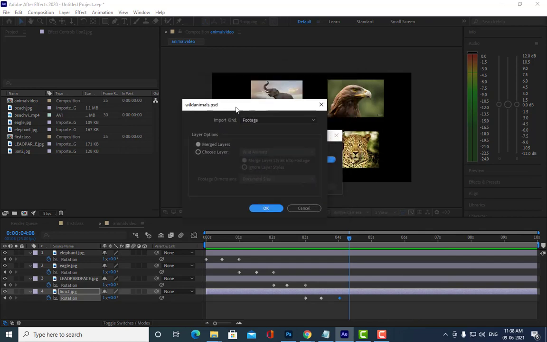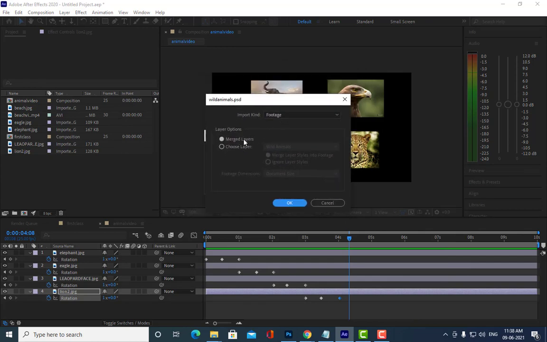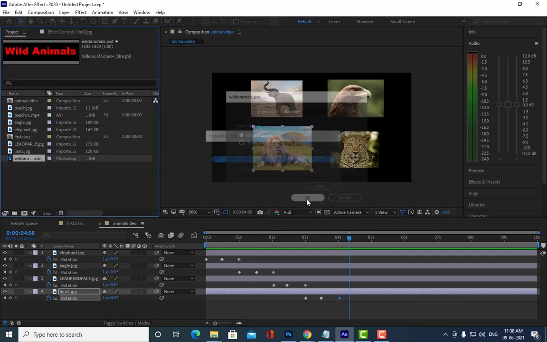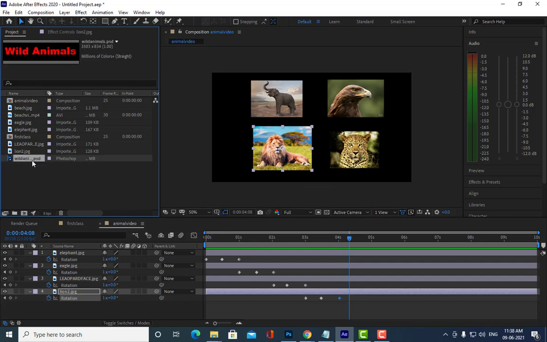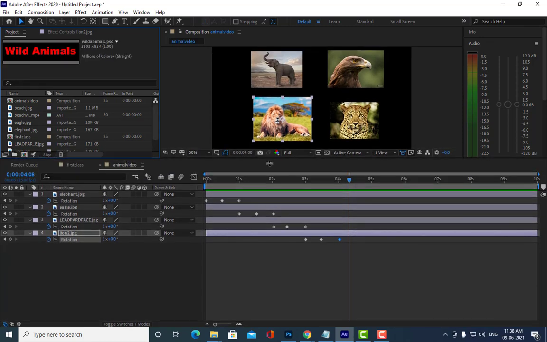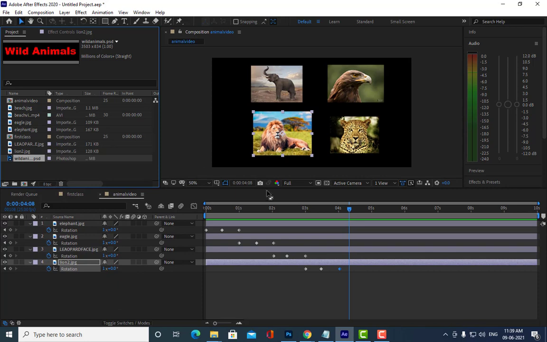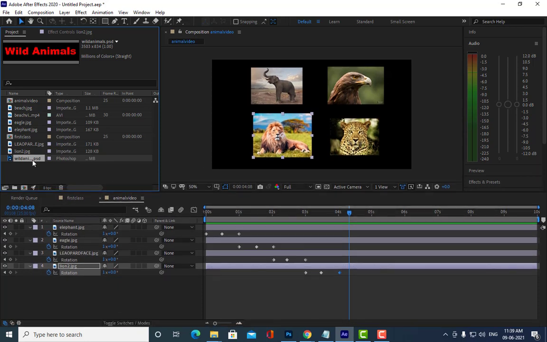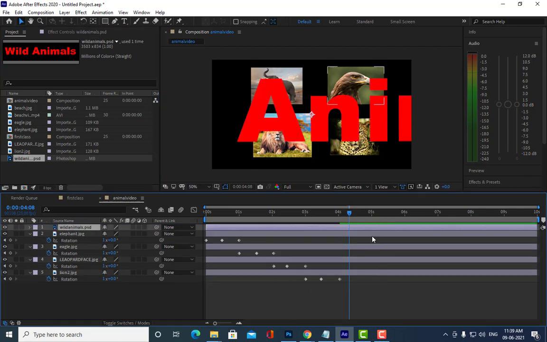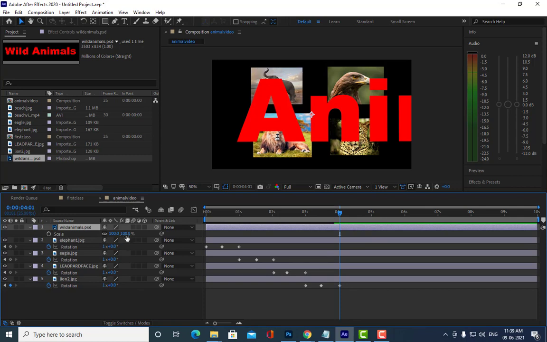See here, it is showing merged layers. Actually there is only one layer, which means not many layers are there. We can just click OK. See, now this PSD is opened in After Effects. Now what is the next thing we have to do? So let's just keep it here, and then we will just reduce the